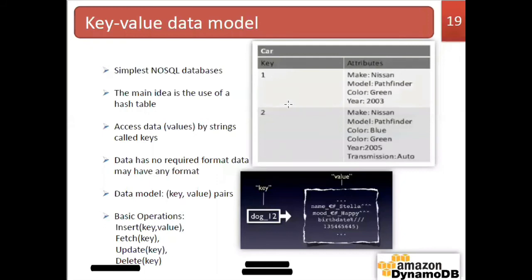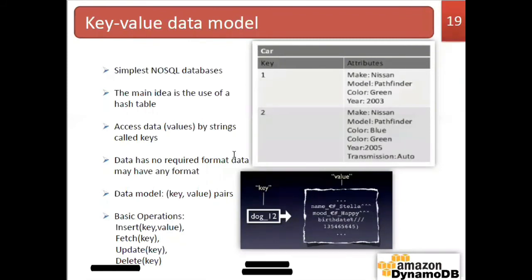The key will be generated mostly with the help of a hash function, right? You can see this simple example here, key and then attributes. The key is generated with the help of the hash function, and the appropriate value or data is saved in the attribute column or the value column. So you have two separate entities here, one is key and another one is value, right? For the value, no specific data type is used.